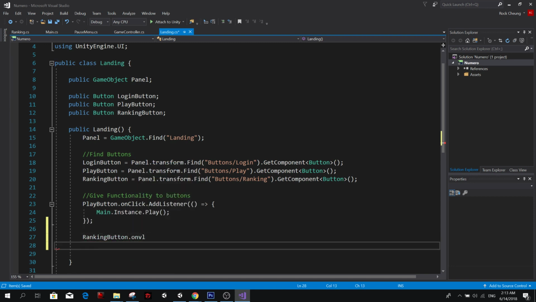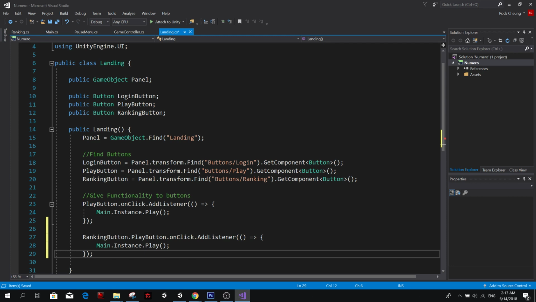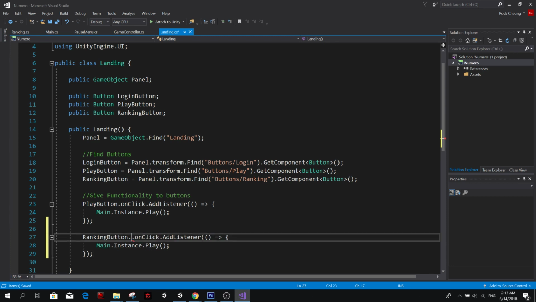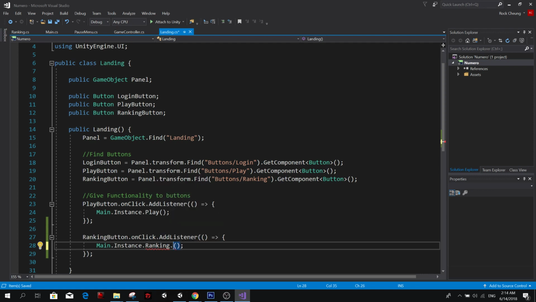And then again, when we press here in landing, we have the ranking button. On click, actually it's just the same. Main instance, we could do it just like this: ranking dot panel dot set active true.